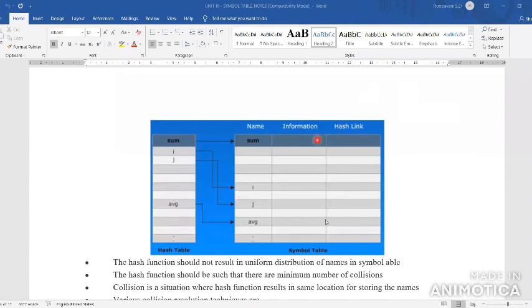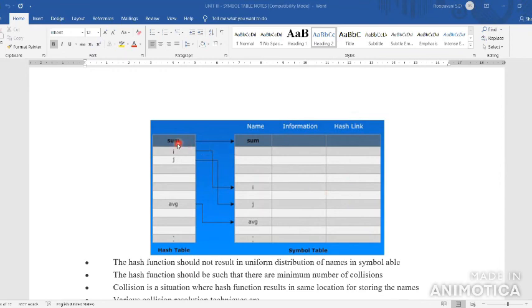Here you can check the given diagram. In the hashing scheme we are using two tables: the first is the hash table, the second is the symbol table. The left side is the hash table, the right side is the symbol table. The symbol table has 3 columns: one for name, second for information, third for hash link.